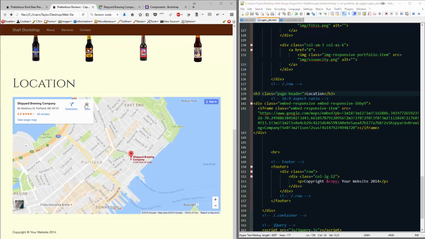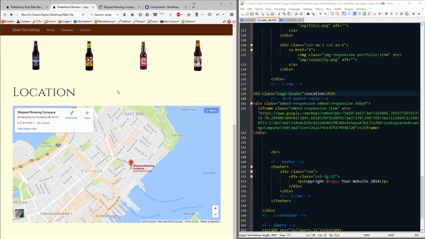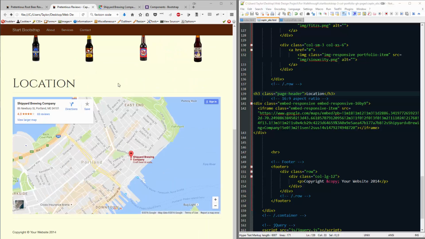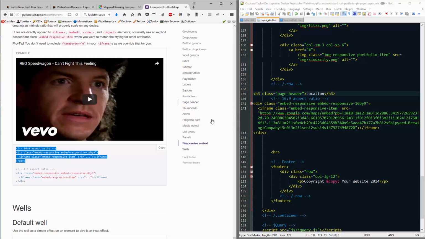Now one thing that's kind of odd is, this looks okay. We've got the map here. It looks kind of cool, but it does have nice sharp edges that don't really go entirely with the theme. Maybe it does, maybe it doesn't. One thing I want to show you though is in Bootstrap we've got